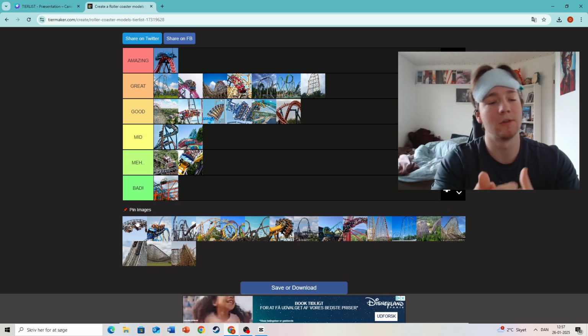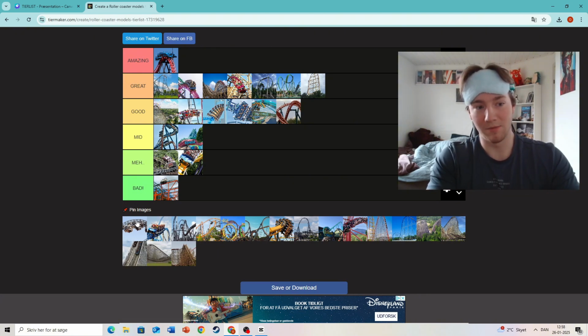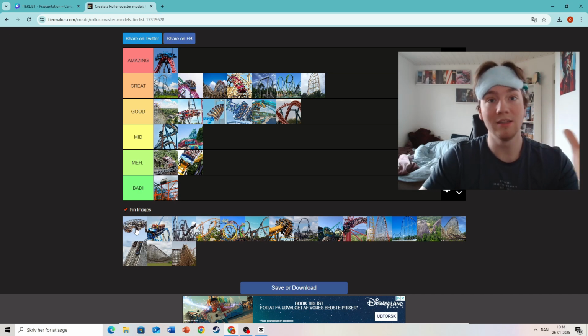Time Traveler, Silver Dollar City, which in my opinion is a great coaster. I would rank it at the bottom of great. But then they also made Tomorrowland's Ride to Happiness, and that's just a crazy roller coaster. Holy moly. It has everything from awesome launches, hang time, bizarre elements, crazy ejector air time, and crazy whip, especially